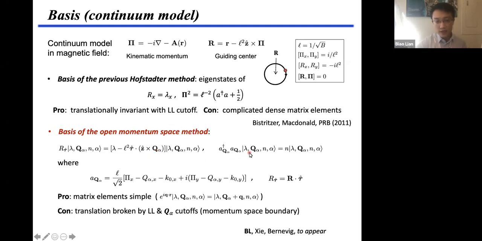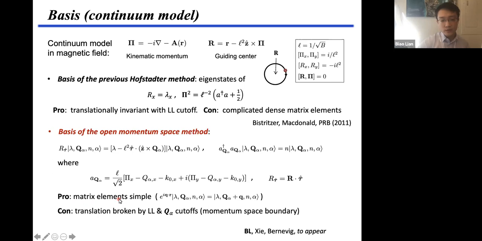And for each reciprocal site q, we can define a lambda level basis by using a q-dependent lambda level operator. Basically, A is equal to n, but this A_q is actually a shifted lambda level operator, shifted by the constants qx and qy at the momentum site q. So different A_q's are not independent, but this is how we define the basis. For each q, we need to use a different A to define the basis. Yeah, this is a kind of weird basis, but